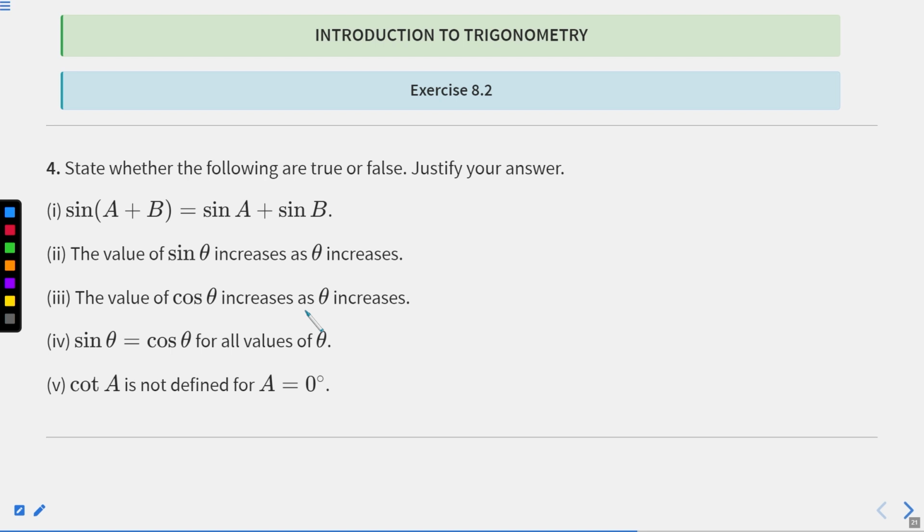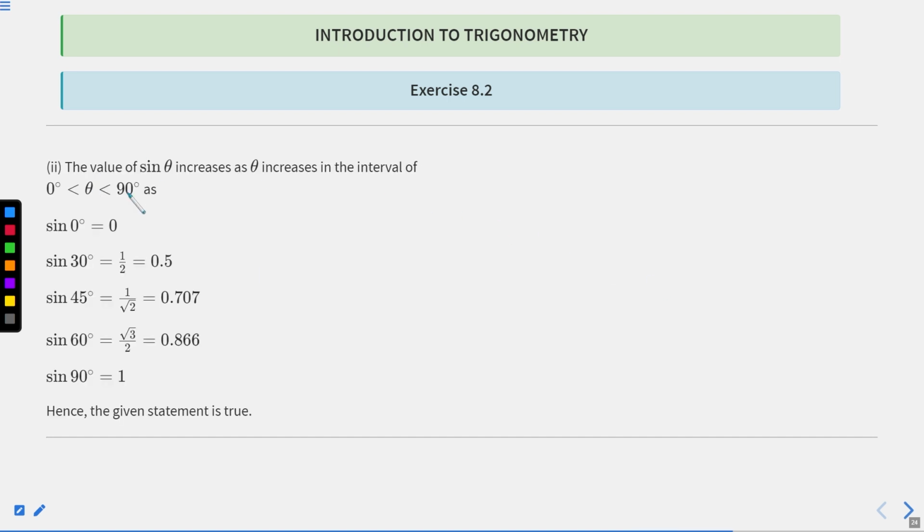In the next one we have: the value of sine theta increases as theta increases. In our previous lecture, we studied that when theta increases from 0 to 90 degree, the value of sine also increases. So let us see how to prove it. The value of sine theta increases as theta increases in the interval 0 degree less than theta less than 90 degree, as sine 0 degree is 0, sine 30 degree is equal to 1 by 2,